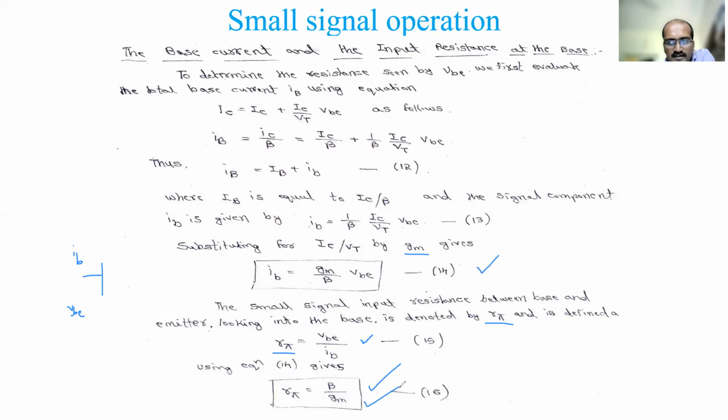Earlier, for the transconductance, there was a much more elaborated discussion. Now once we got the collector current, finding out IB and IE is very simple. We just use the relation IC by beta. We got the IB, and then using the relation VB by IB, I got the R5 equation. Clear? So similarly, now we see the emitter current.